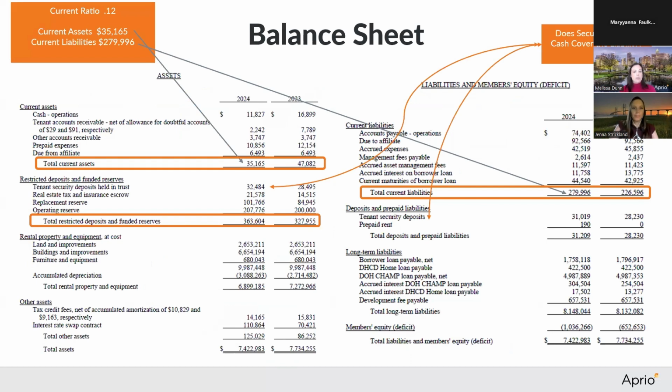Yes, so now we will kick off talking about the details of the financial statements by discussing the balance sheet. This is a snapshot of the project's financial health at a single point in time. So think of it as a picture of what it owns, what it owes, and then what's left over. So the breakdown of the balance sheet is the assets, which is what the project owns. And then there are the liabilities, which is what the project owes. Those can be loans, unpaid bills, and other obligations. And then we have the members' or partners' equity, which is what is left over after you subtract what you owe from what you own.